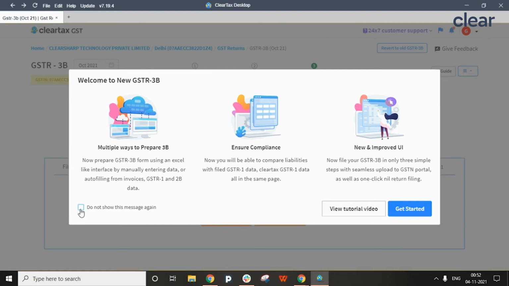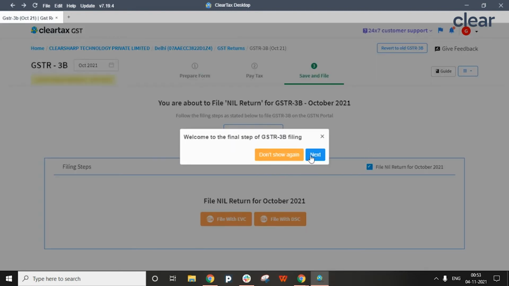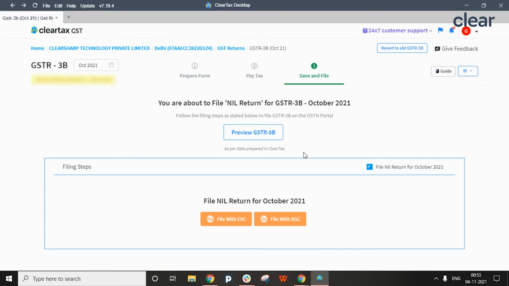Now, if you want to take a video tutorial, you can go ahead. Otherwise, you can just get started. Here, as you see, you can preview the GSTR 3B nil return.